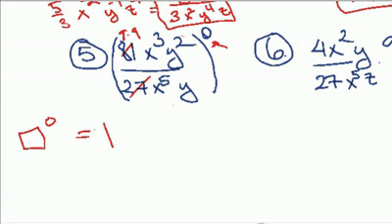Actually, 81 is 27 times 3. I just figured that out. So let's try that again. That looks very sloppy. So the 27s could cancel. And then we would have x to the negative 2, y to the 1, y to the 1 over x